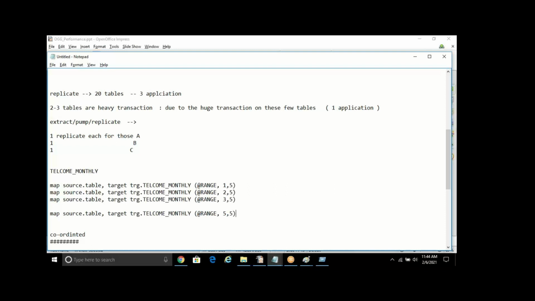But nowadays I'm not seeing this used much, because we have coordinated replicate. Internally it does the same thing, and coordinated can be used for non-Oracle also. This actually helped me in a case where we had to do the initial load from Oracle to Postgres in AWS EC2. It was a fresh client, so we could not use export and import. If it was Oracle, fine, but since it is Postgres, I used the initial load